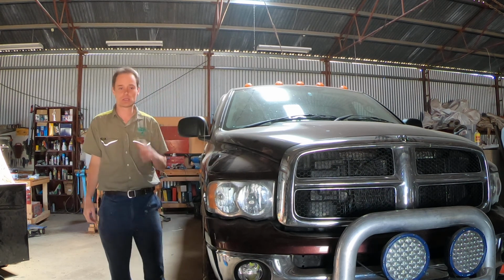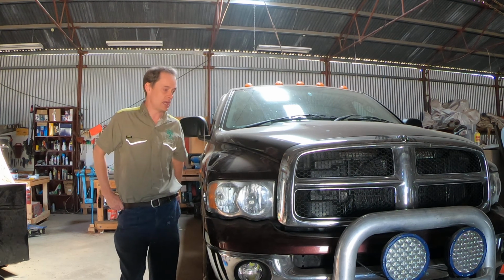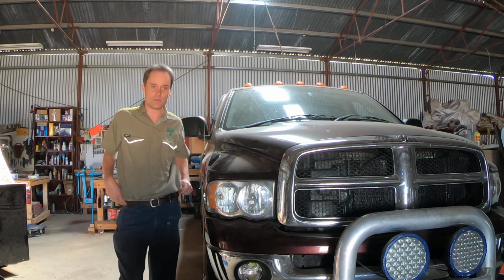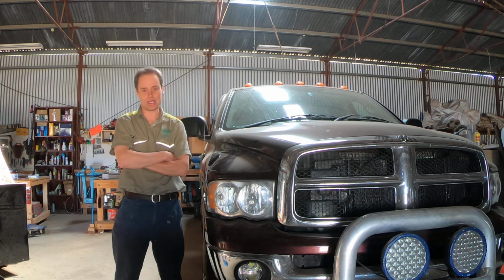With Aussie utes, Aussie vehicles, some of that information is available online, but it's nothing like the library of stuff that is available for this truck. It's just awesome. So I am less worried about that now, and in terms of can I get access to